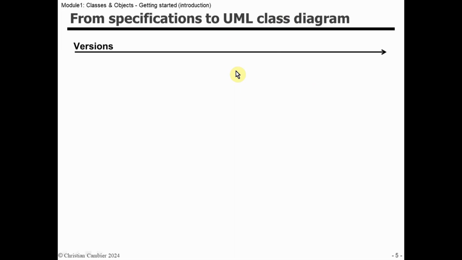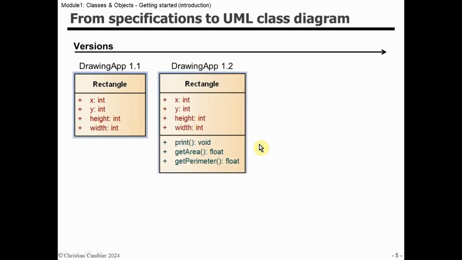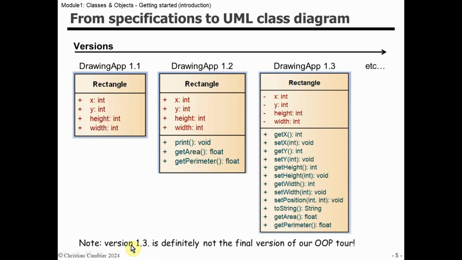I'll do that gradually. So in version 1, I'm only going to define and implement the properties. In version 2, I'll add the methods. In version 3, I'll encapsulate everything, and so forth. And as I move ahead, I'll add more and more behavior in the program by implementing object-oriented techniques, while at the same time solving problems that we will be confronted with. Note, version 1.3 is definitely not the final version of our tour. There'll be about 9 versions in the first module, classes and objects, and about 6 versions in the second module,